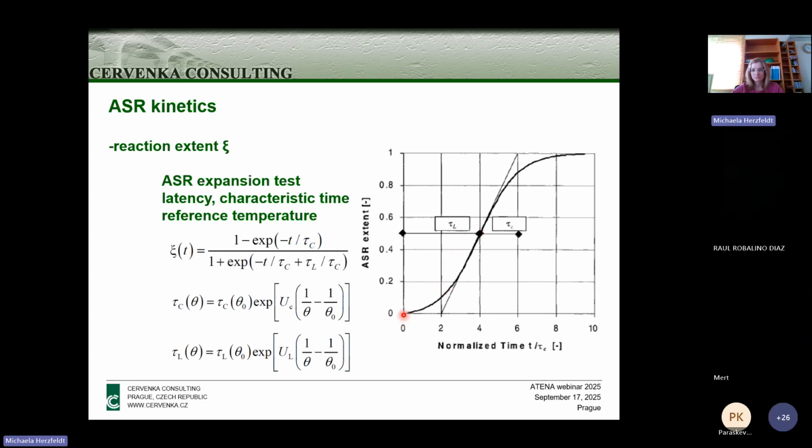So here is a general graphic expression of how the ASR kinetics can develop, and it's described with latency and characteristic